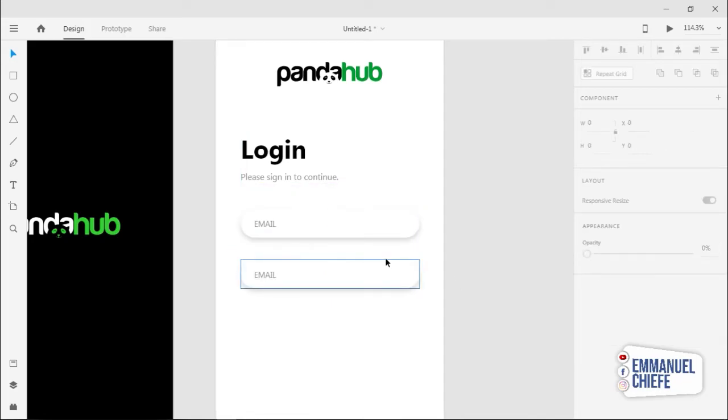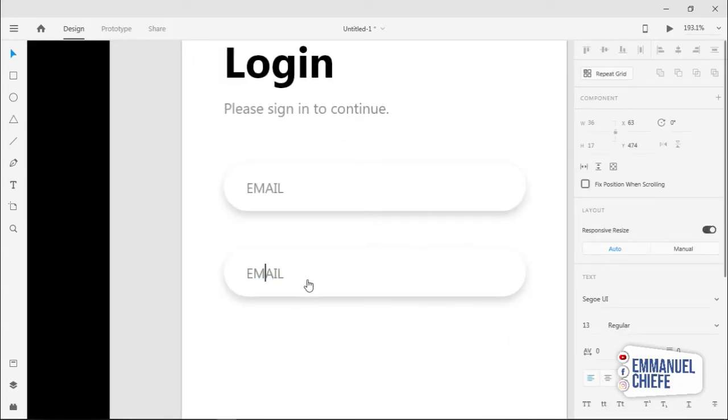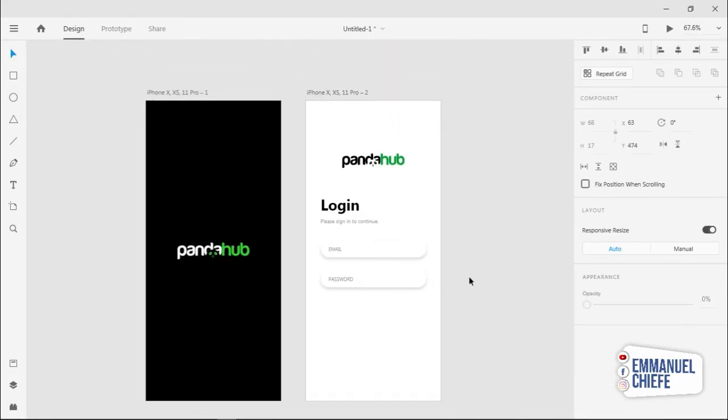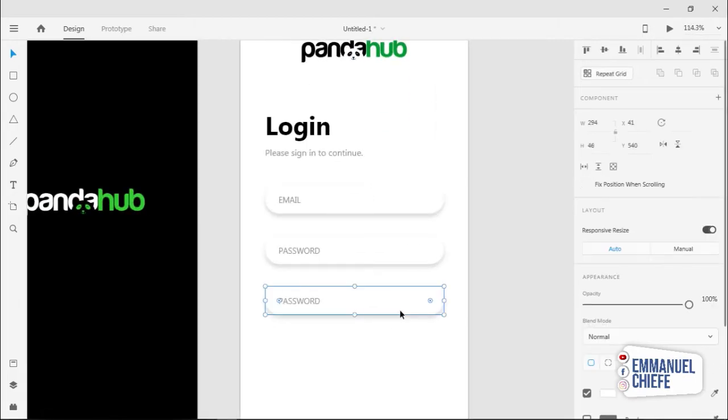So here, type password. You see it. Now we've completed this one. Then we'll duplicate this also and take it. We'll watch out for this line to give us the right alignment. Okay, yes. So let's make this one